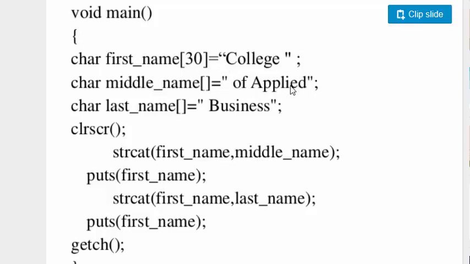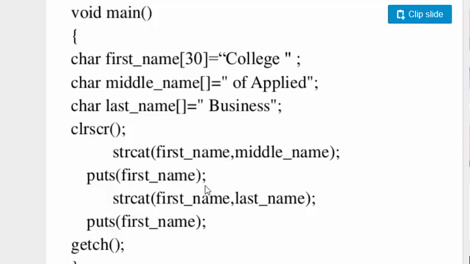So I will be using the string concatenation function, that is strcat, and string 1 and string 2 will be provided here, those I want to join. So here I am joining first name and middle name. When I display the first name string, it will be the concatenated result.